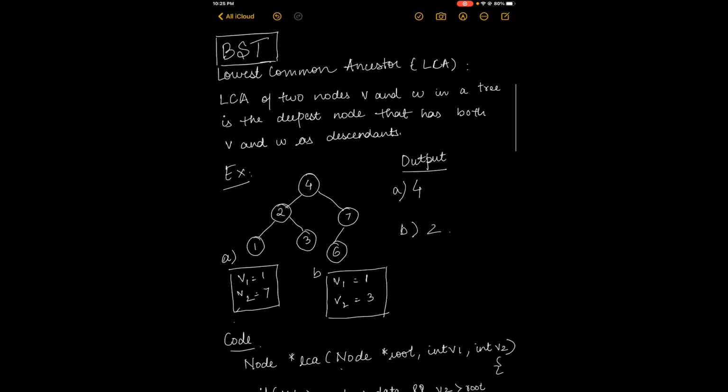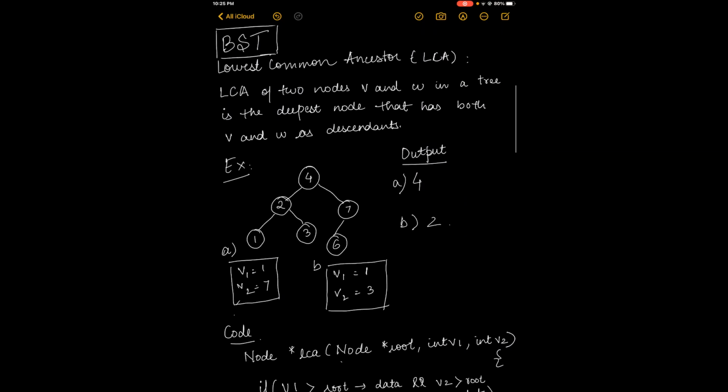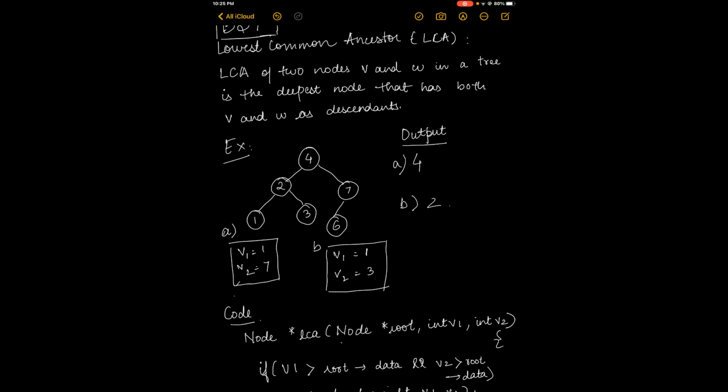So let's get started. For those of you who don't know what it means when we talk of lowest common ancestor, it is basically the LCA of two nodes V and W in a tree is the deepest node that has both V and W as descendants. So, taking the example of this BST,